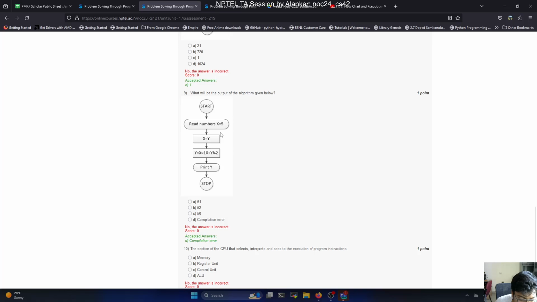And coming to the last question from last year, here you see that the question is which section of the CPU selects, interprets, and sees the execution of program instructions. So you see it's the control unit. In the CPU you have several components. One is the ALU, or the arithmetic and logic unit, where you do the maximum of the calculations. Then you have the memory, which is basically the RAM, where the values of several